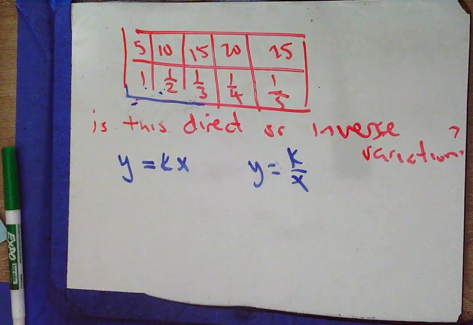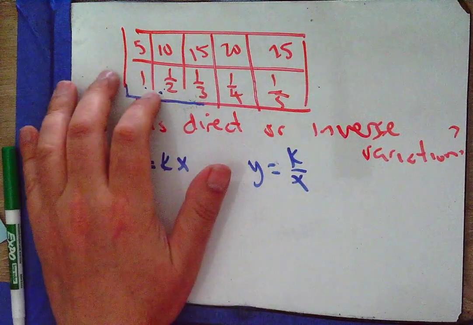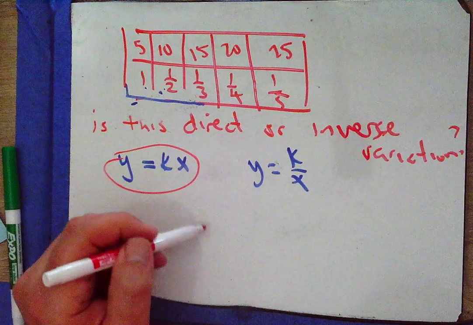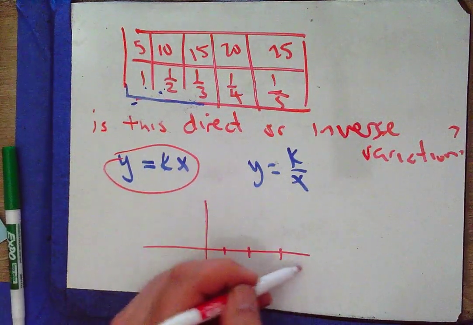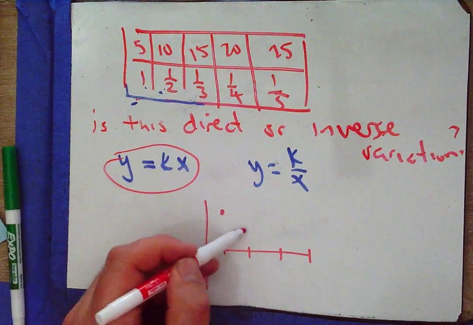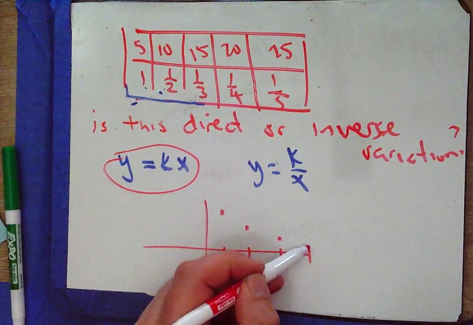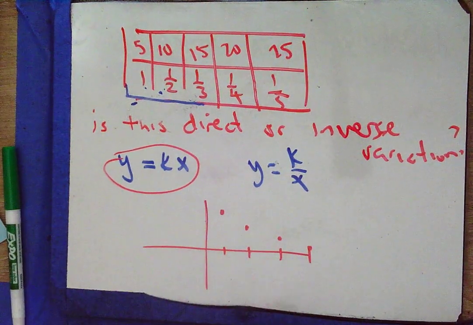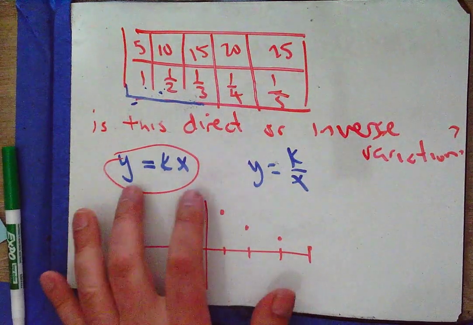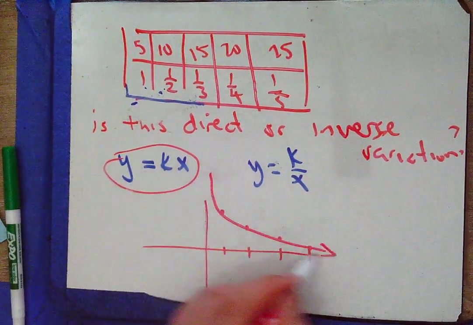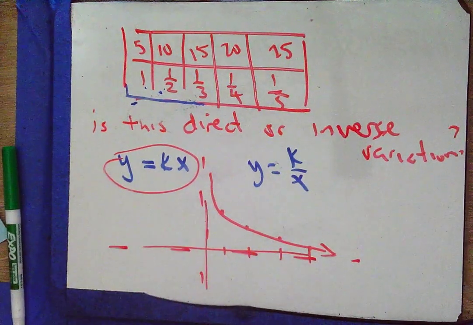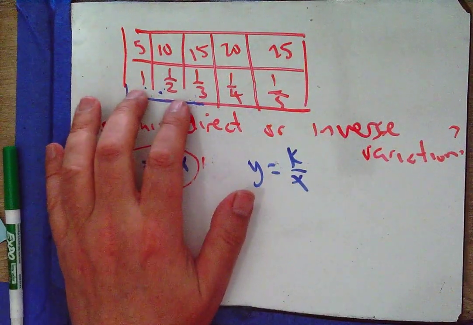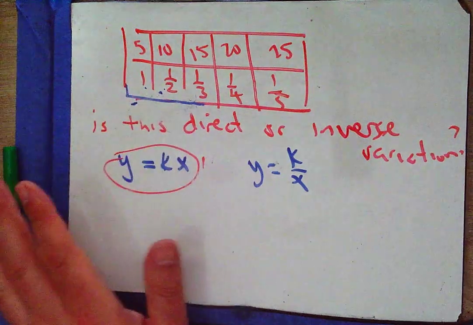So this is what I'm going to recommend. You can do it from the table. You could also do it graphically, right? If it's this, it makes the graph of a line. So here's 5, 10, 15, 20, and so we've got 1, 1/2, 1/3, 1/4. Is that a linear model? No, I don't think that's a linear model. In fact, it kind of looks like that rational function model, huh? So we can understand that change and we could try and identify from the table or from the graph,